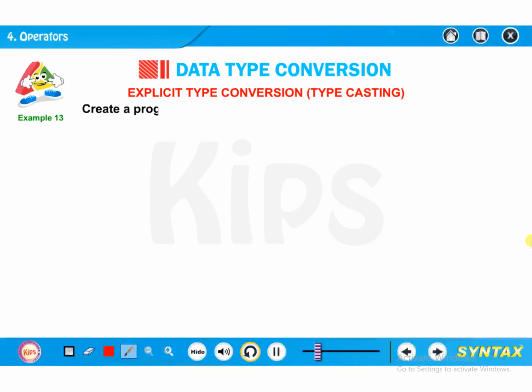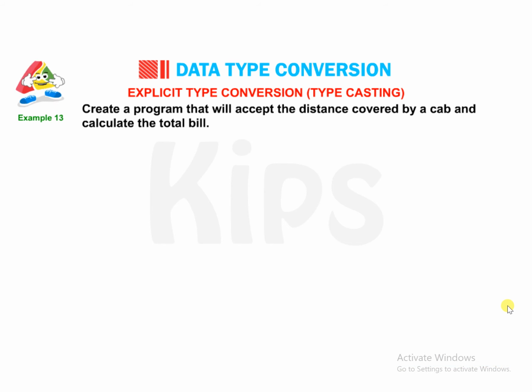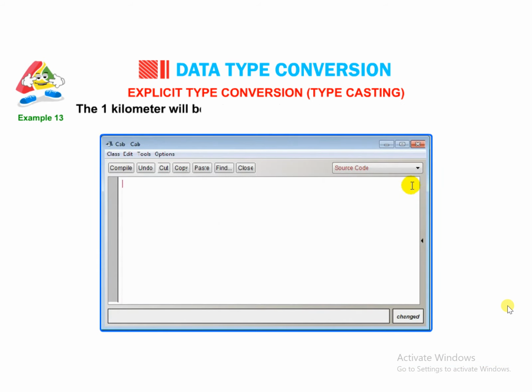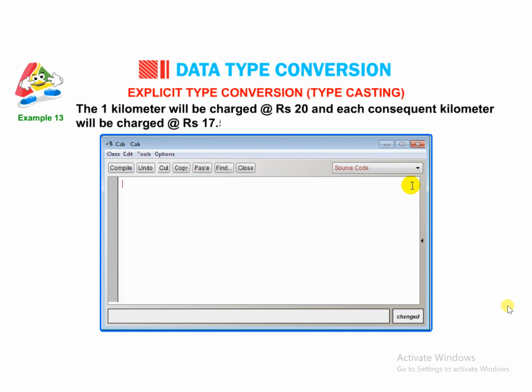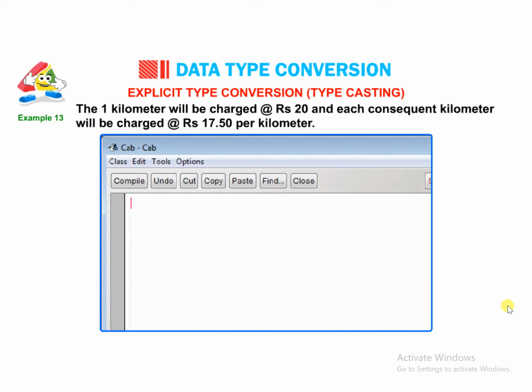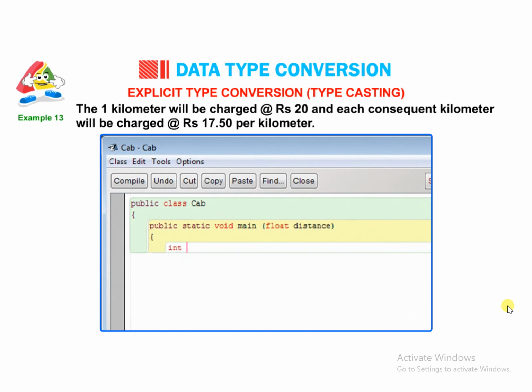Example. Create a program that will accept the distance covered by a cab and calculate the total bill. The first kilometer will be charged at rupees 20 and each consequent kilometer will be charged at rupees 17.50 per kilometer. public class Cab { public static void main(float distance) { int amount; amount = (int)(20 + (17.5 * (distance - 1)));